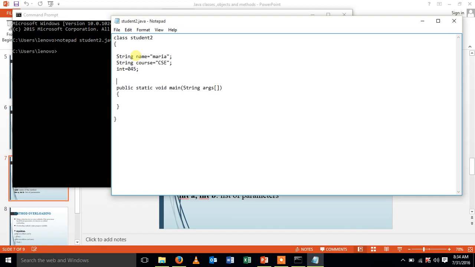Let me declare a method, public void display. This is the method in which I'm going to print my student details using System.out.println.